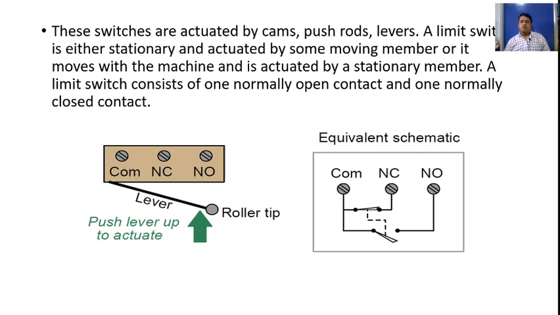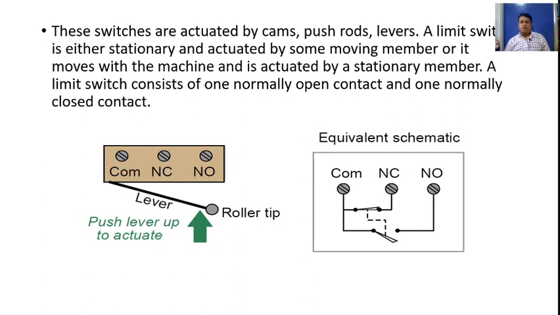Now you see here, these switches are actuated by cams, push rods, and levers. A limit switch is either stationary and actuated by some moving member, or it moves with the machine and is actuated by a stationary member. A limit switch consists of one normally open contact and one normally closed contact. So if you see here,